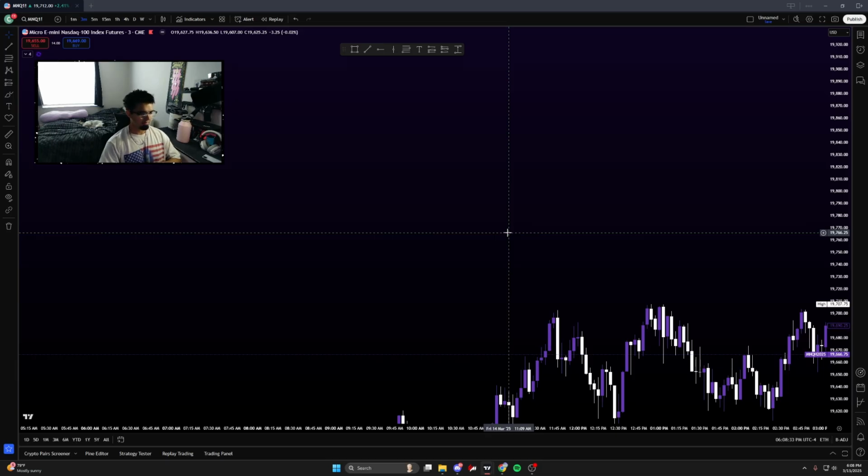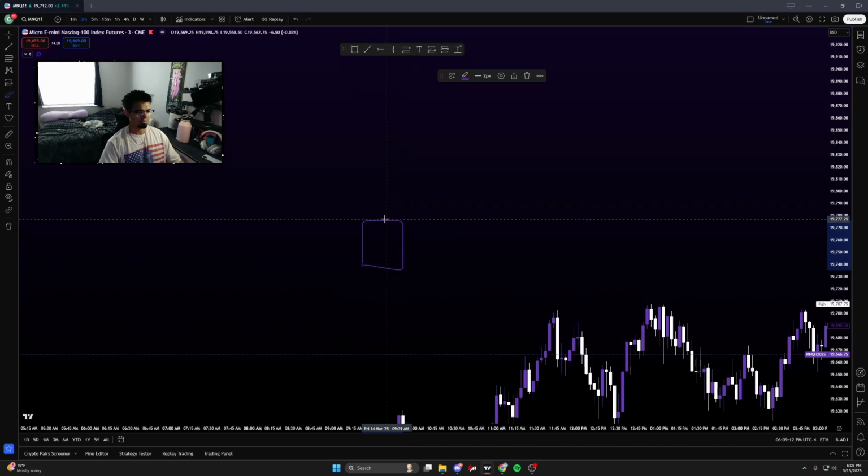What is a fair value gap, you may ask? It's an imbalance in price action that causes a gap between three candles. Well, a gap between two candles, but it takes three candles to make it up. In simple terms, you have a bullish candle with a wick, and then a bigger bullish candle that has a gap, and then a third candle that has a wick that doesn't touch the wick of the first candle. To draw it out, you can go like this: